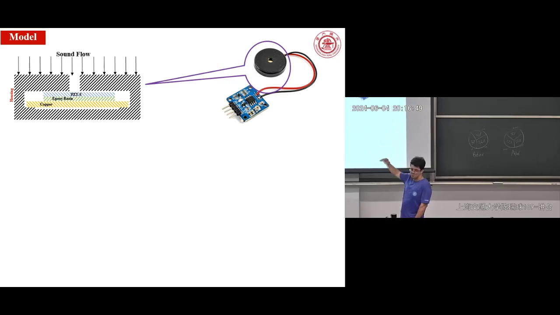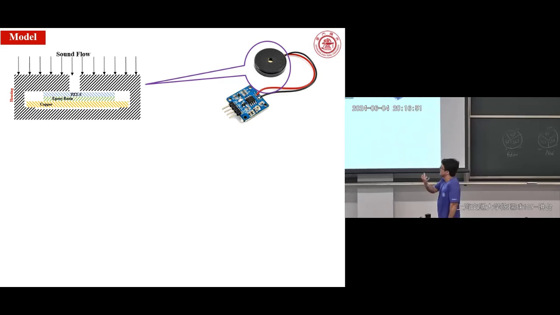Firstly, there is a copper or brass circular plate with epoxy resin as the adhesive material to bond the piezo. Actually, it's very famous to use. So at that time, the piezoelectric material in the blue section